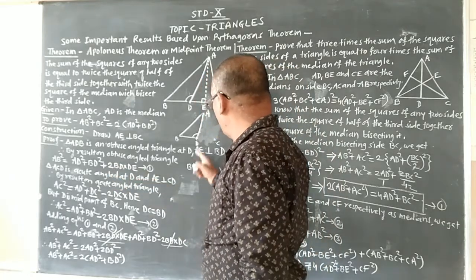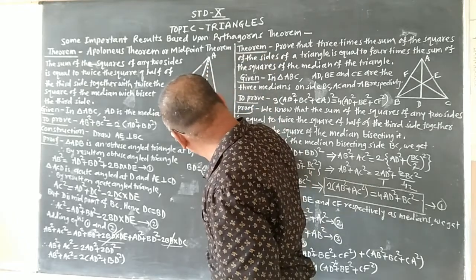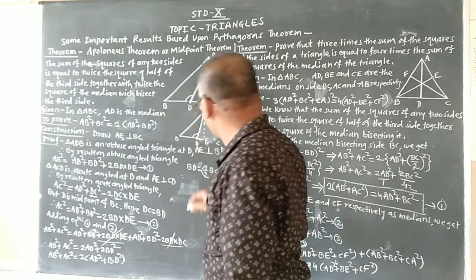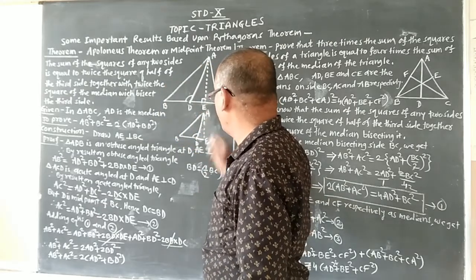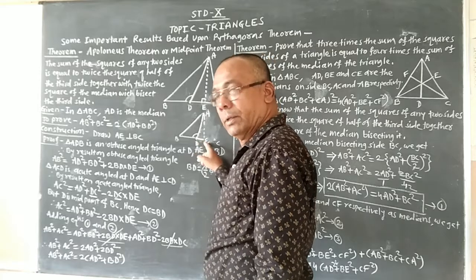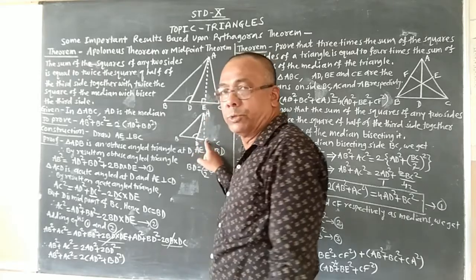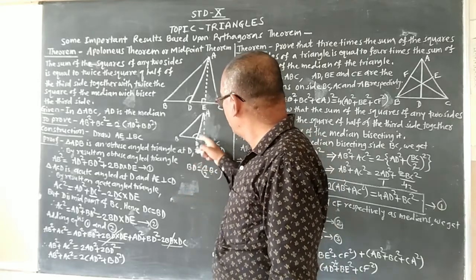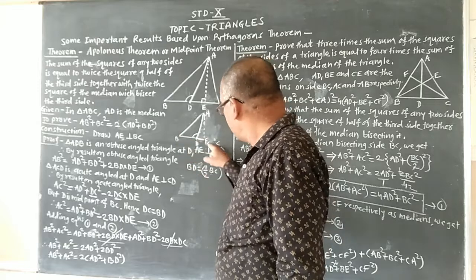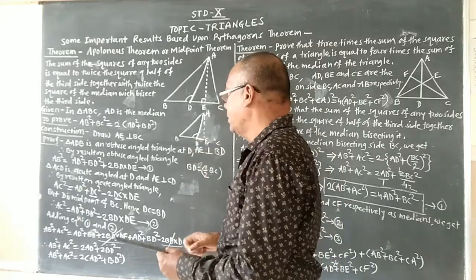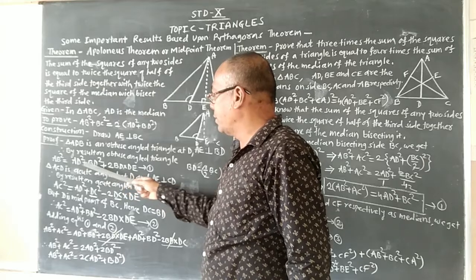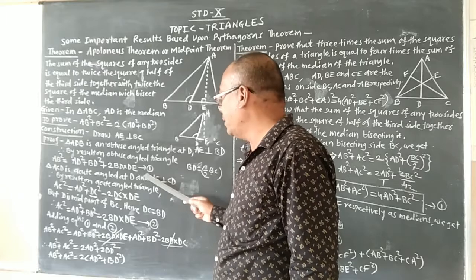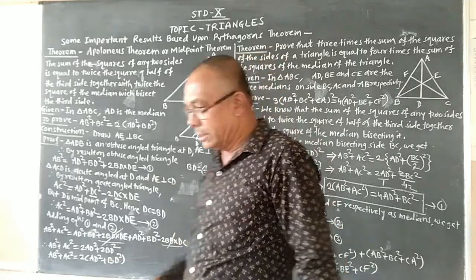2BD into DE, because we have drawn here DE is the projection of AD on BD. So AB square is equal to AD square plus BD square plus 2BD into DE, that is equation number 1. And now we will consider the another